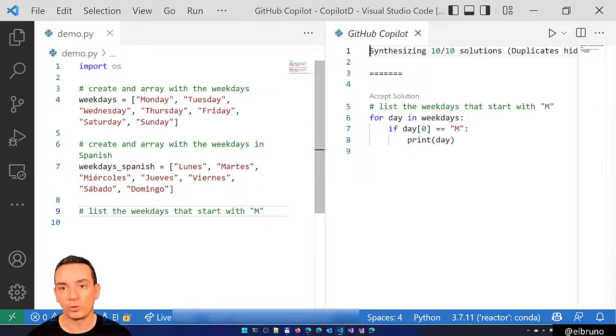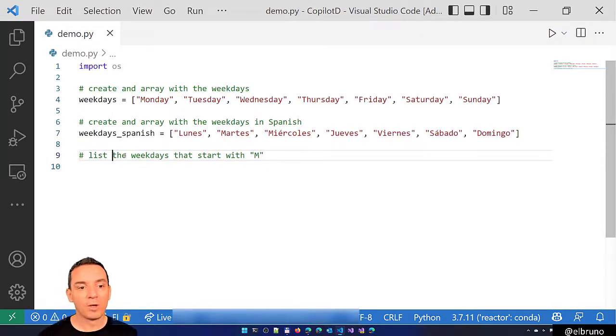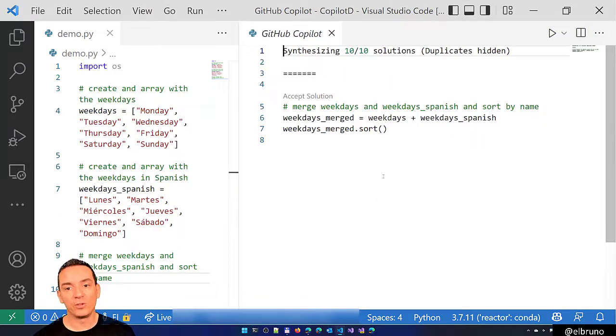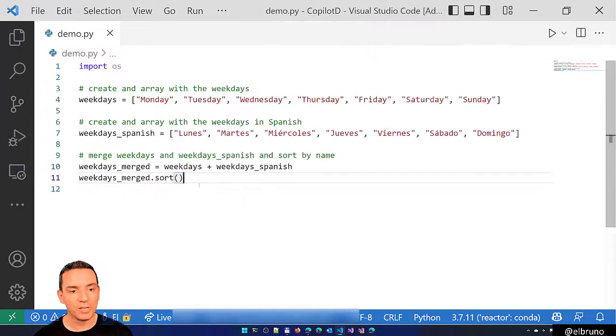So I don't have a lot of actions here, but I can take a look here at this action, which are the possible solutions. So let me change a little here around the activity, and let's do merge weekdays and weekdays Spanish and sort by name. If I go to do this, I will start to see the solution. Take a look here. The first solution that is suggested is basically do a new array, work it days, merge that, do the sum of the two, and then do a sort. I will accept this, and I will have it here. This is a very simple scenario, so we have a very, very simple suggestion. But when we start to get in more complex scenarios, we are going to have